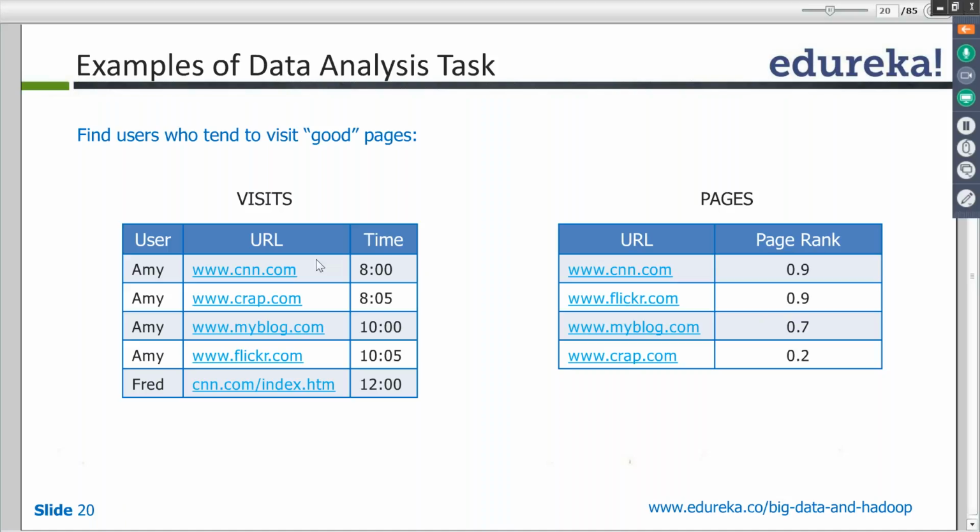Now on the screen you can see very little data, but in actual scenarios, imagine how many users and how many pages there are on the web. There are millions of pages, right? And how many users log in every day. So the data would be very huge. Working with such a huge set of data and running algorithms and checks like this, only a massively parallel processing framework can do it. And Hadoop is the best candidate. So what we usually do in Pig is